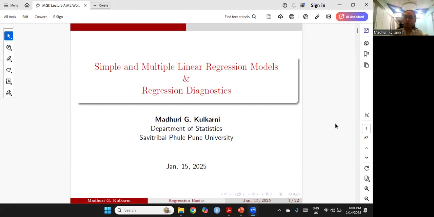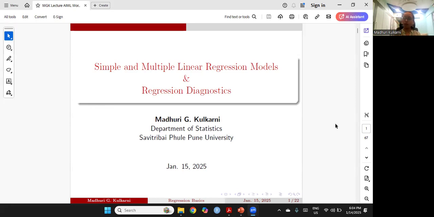Yesterday we saw how we can use basic statistical tools such as t-test, chi-square test, z-test to understand the data better and to draw inferences from the data, which could be useful to the client or to yourself if you are a researcher. In the same manner, now we are going to move one step ahead.